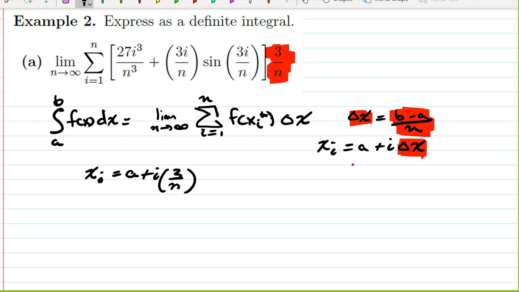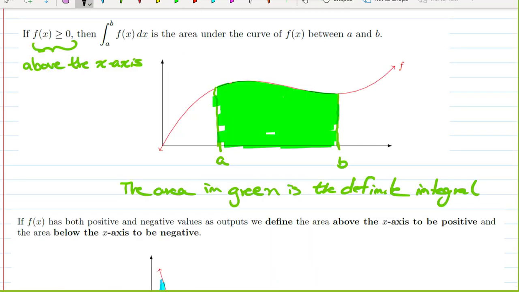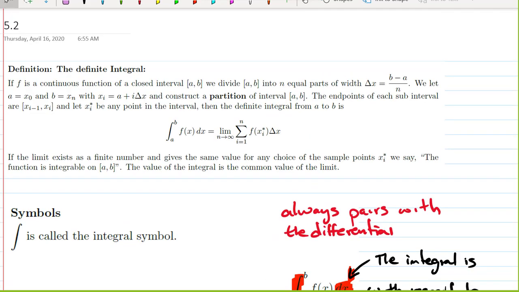Okay, so we've got a couple of pieces of information here. And we know these. So what are we going to do? Well, let's start substituting in what we know. So the first thing we want to look at is, well, what is our f of x? So in our definition, we replaced